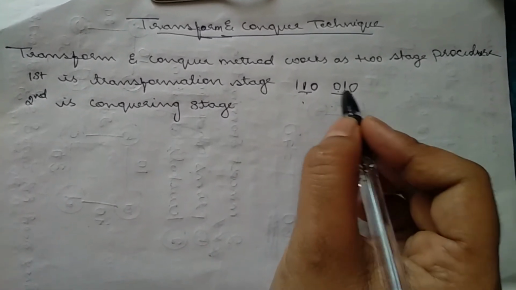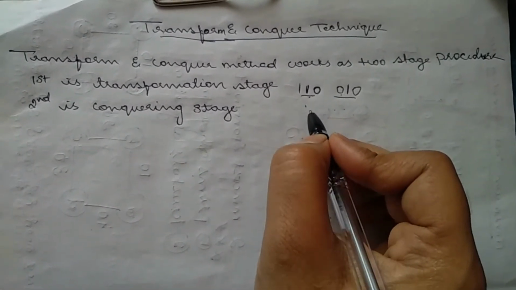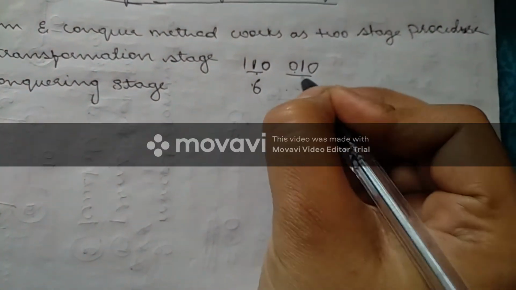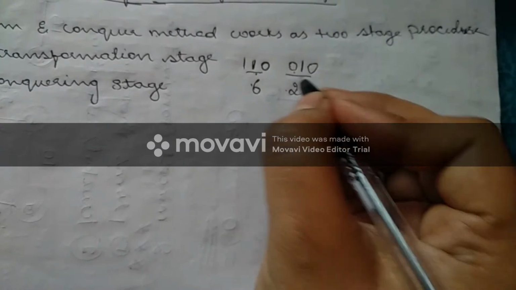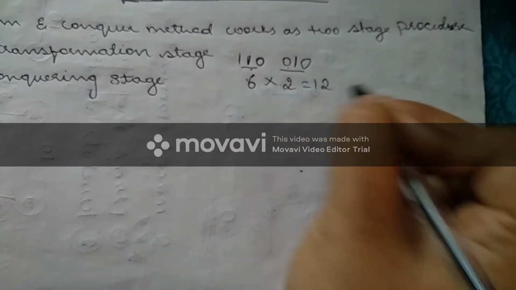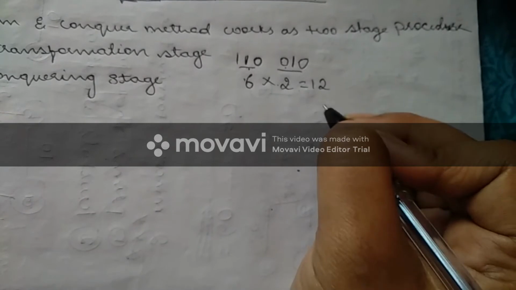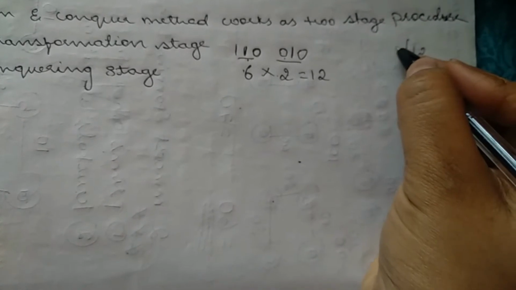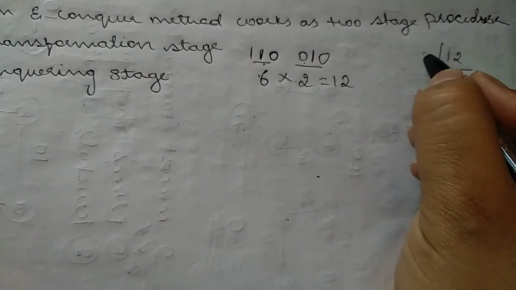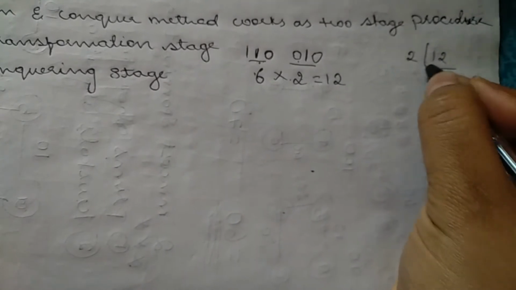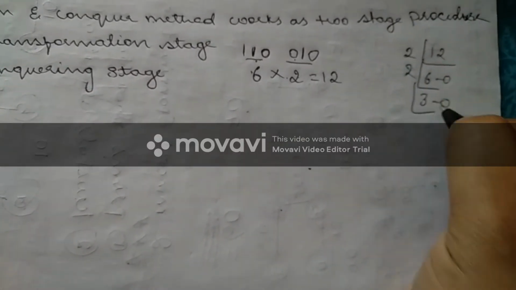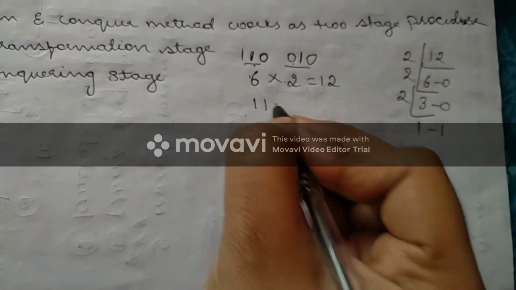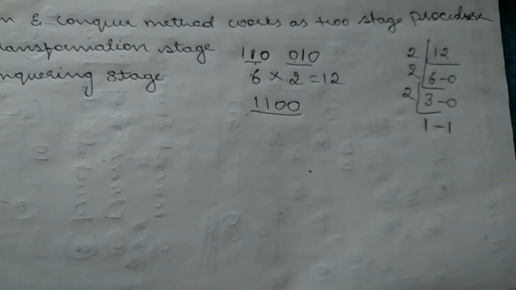Okay, here what is the digit format of this one? The numerical transformation of this is 6 and the numerical transformation of this is 2. I'll just do 6 into 2 is 12 and then convert this 12 into binary. How will you convert this 12 into binary? It is very easy, is it not? By using the algorithm, or I'm just showing you the method, that's it. 12 divided by 2 is 6, remainder 0; then 6 by 2 is 3, remainder 0; then 3 by 2, remainder 1; then 1, remainder 1. So 1100 is the answer.